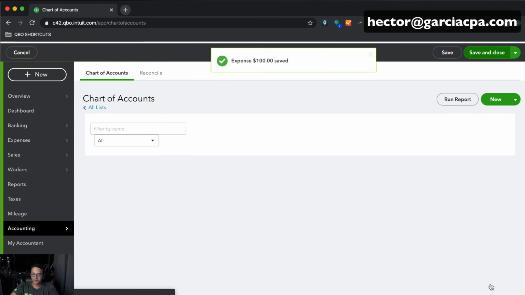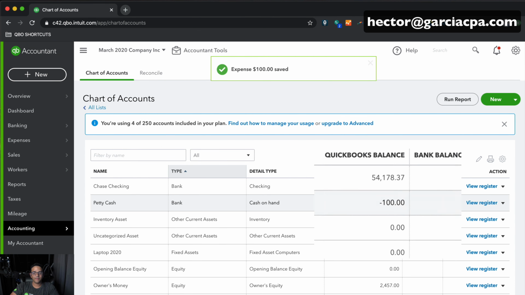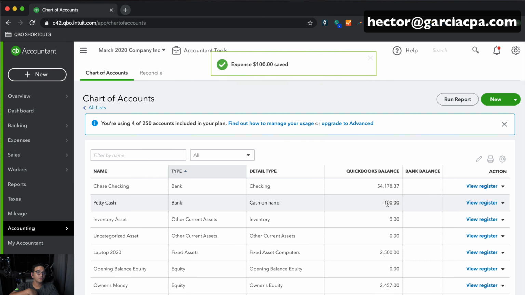So I'm going to go ahead and click on Save and Close, and I'm back to a negative in my petty cash account. But let's say I don't make any sales to replenish that petty cash account. I don't get any cash from customers to replenish that petty cash account. It truly just came from the business owner's bucket. Right? So at this point, I'm going to make a deposit into that petty cash account from that same owner's